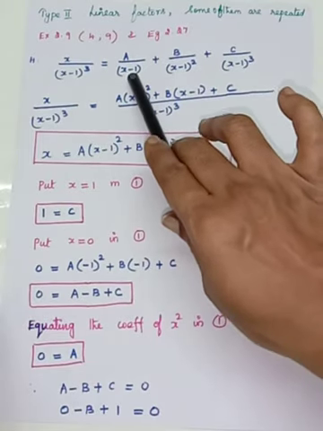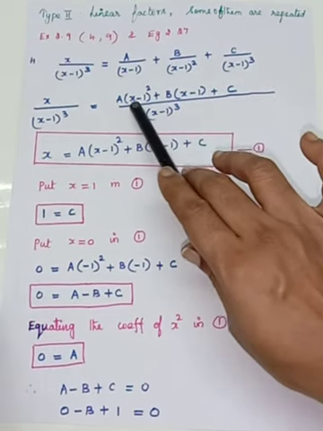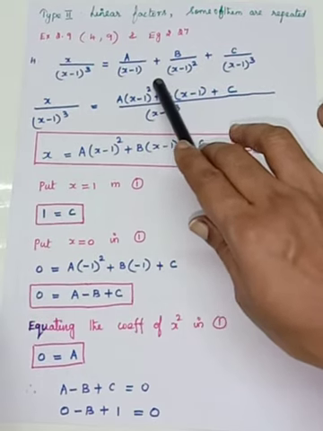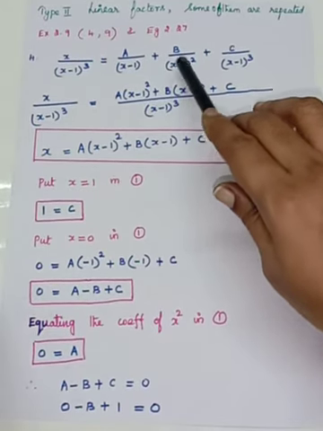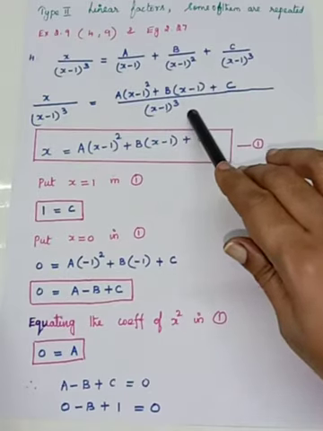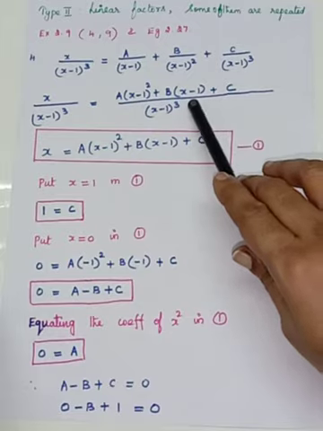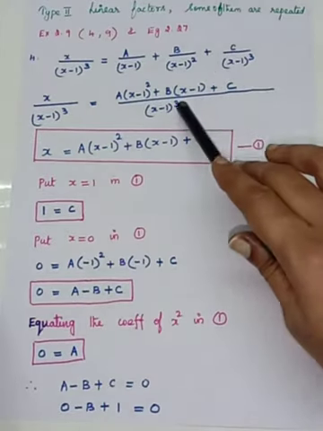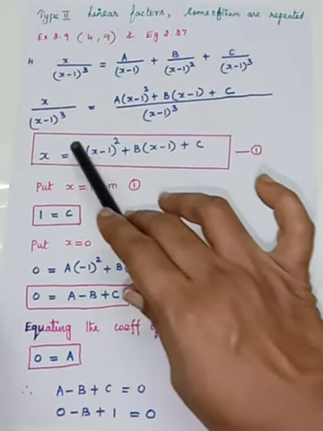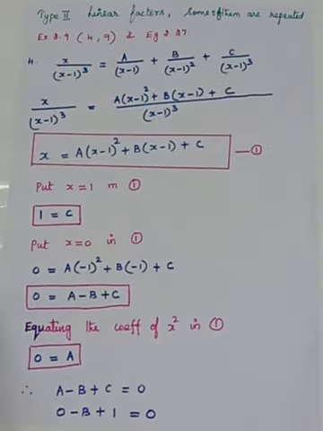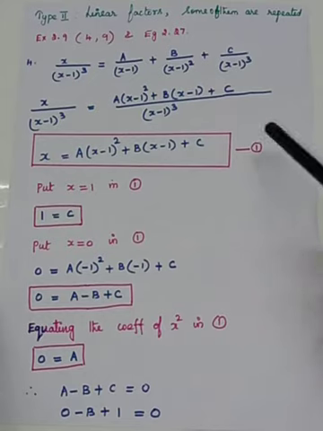Here you are having x minus 1 alone. So a has to be multiplied with x minus 1 the whole square. In the denominator here you are having x minus 1 the whole square, but the LCM is x minus 1 the whole cube. So b has to be multiplied with the linear factor x minus 1. Here the same LCM is present, so you have to write the c alone. Next, the denominators get cancelled, so here you have to equate the numerators. That is the important step.